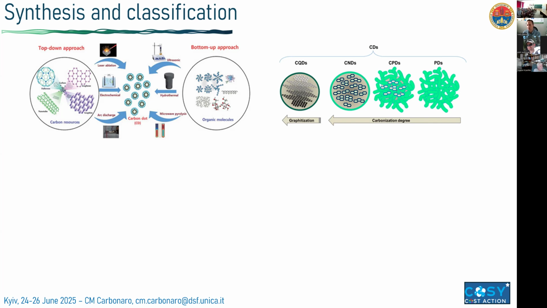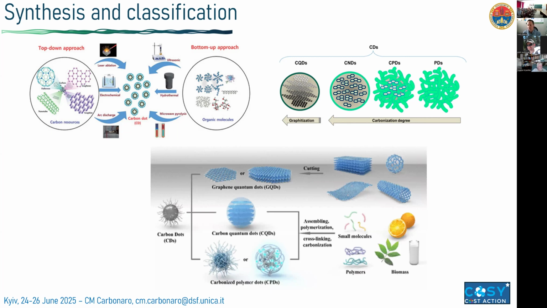degree of graphitization, and on the other side we distinguish between carbon nanodots, carbon polymer dots, and polymer dots when we change the sp2/sp3 relative ratio in order to get some order and disorder in the same nanoparticle. So starting from biomass, starting from polymers, we can assemble our system in order to have a carbon nanostructure, which can be quite difficult to represent. And this is one of the issues that we want to solve by